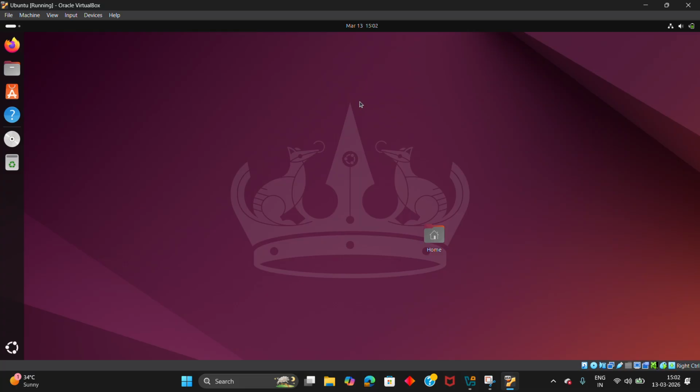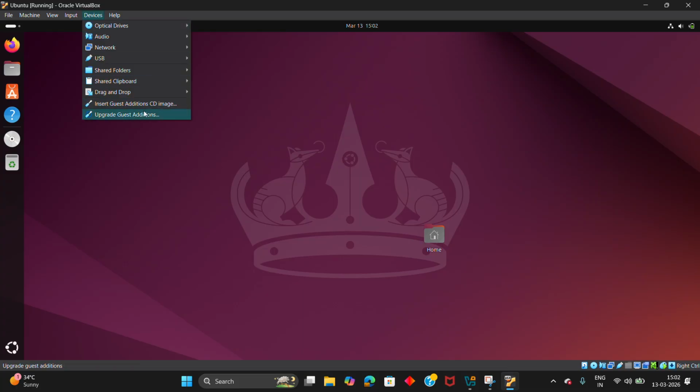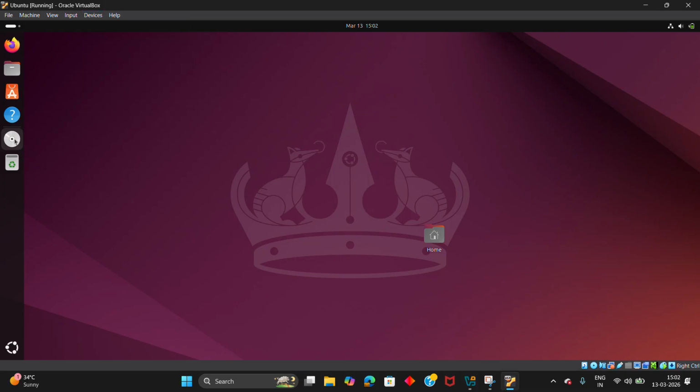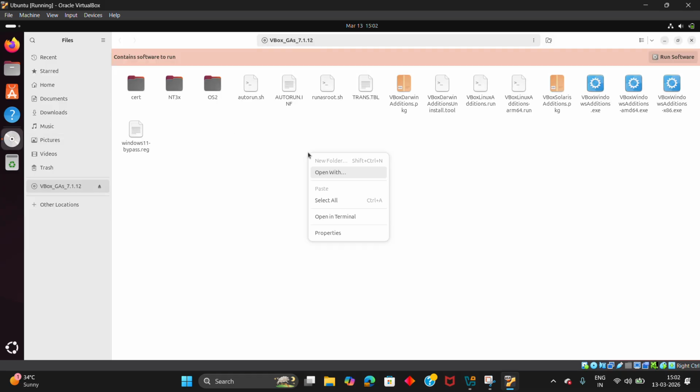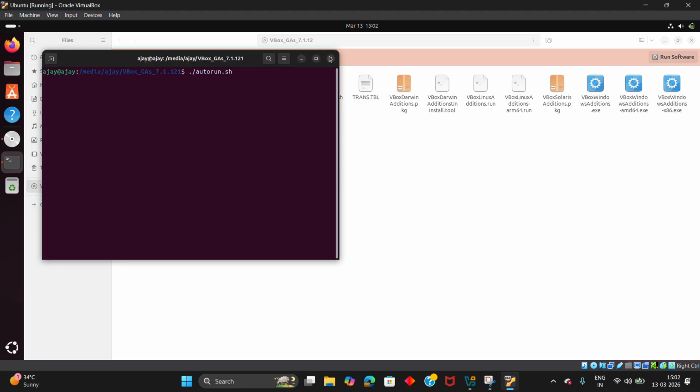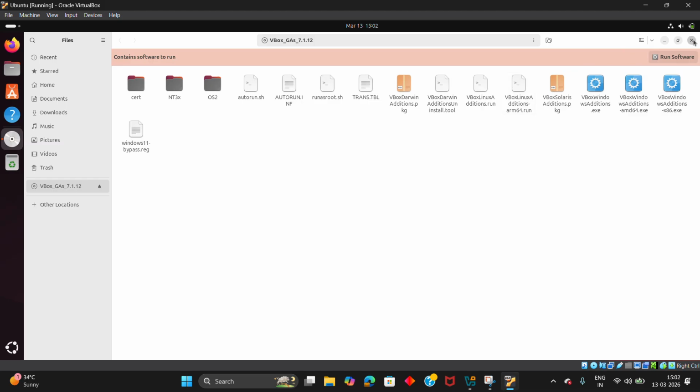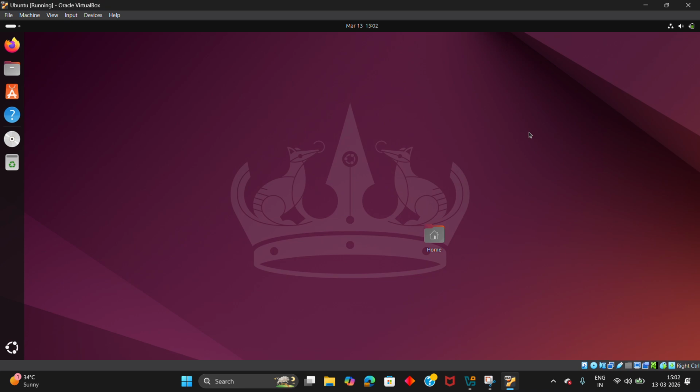I think most of the people rectified the problem. Just try it 2 to 3 times by shutting off the system, and also by going to the devices and clicking on upgrade guest additions, and then try again by running the autorun. I have gone to the CD, and then I have run the command autorun in the open terminal. You just try 2 to 3 times. After that it will definitely be rectified. If not, then just contact me, I will tell you. The next process is